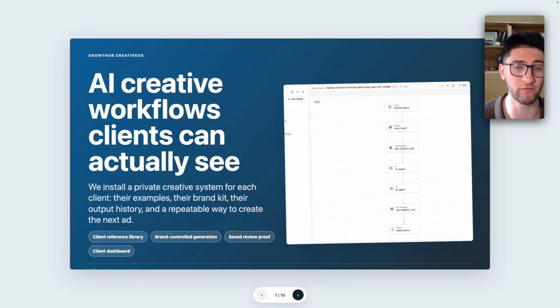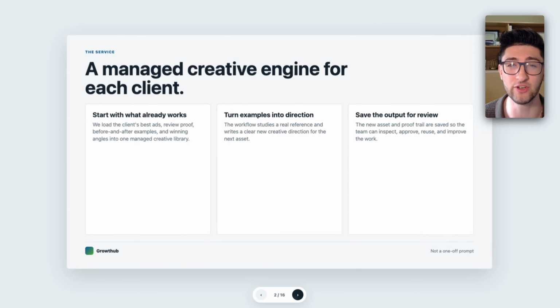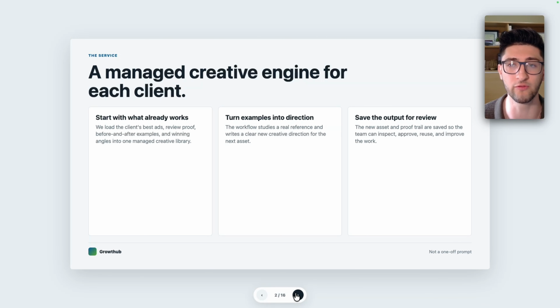This is something that we offer, which enables a full private creative system where you have an actual full reference library of winning ads, also brand controlled generation at scale, and then a full client dashboard that's customized that I'll show you. You can think of this as a managed creative engine, and this is formed out of our own